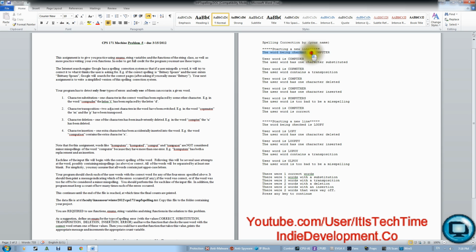The word is being checked, so we're going to check a word which is the correct word, and we check it with whatever the user enters. User word is this, and we check it, and then we say, is it substitution, deletion, insertion, or a whole misspelling, or transposition. The understanding of that is